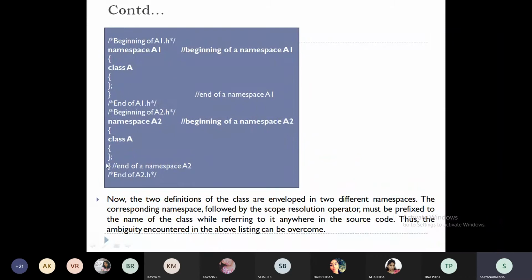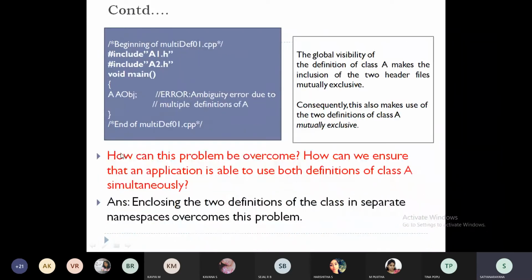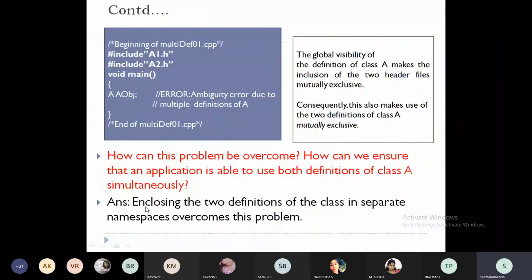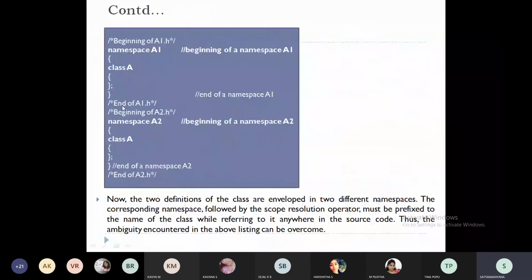What is the difference between the previous one and this one? Earlier I directly included the header files a1.h and a2.h. Here I am creating namespace A1 within a1.h and namespace A2 within a2.h. Now two different namespaces will be created, and we can use the corresponding namespace followed by the scope resolution operator.